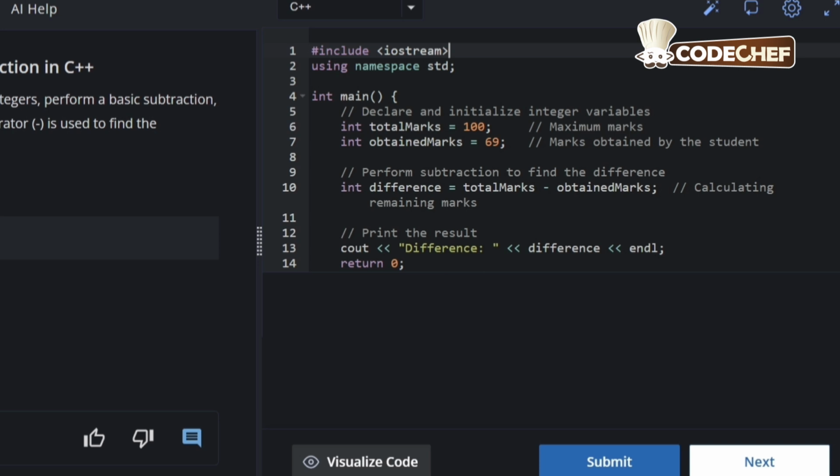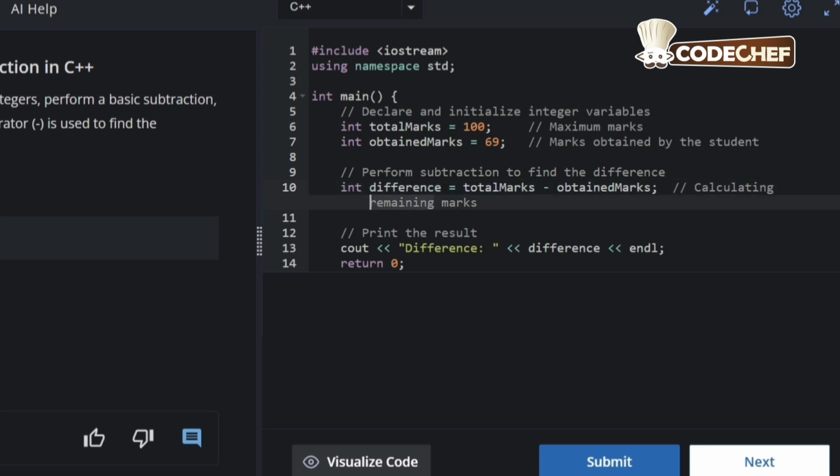Coming to the code, hash include IOStream using namespace std semicolon, then int main, int total marks is equal to 100 semicolon, and then we have declared another integer variable, int obtained marks is equal to 69 semicolon. Now let us perform subtraction using the variable difference. So int difference is equal to total marks minus obtained marks